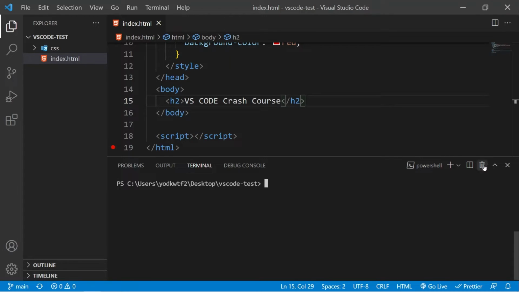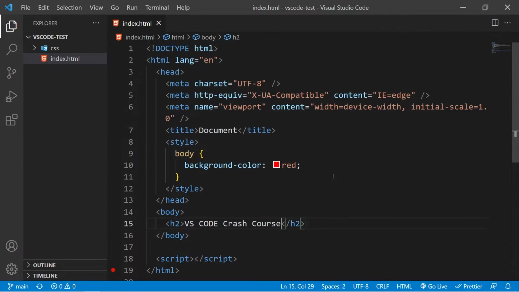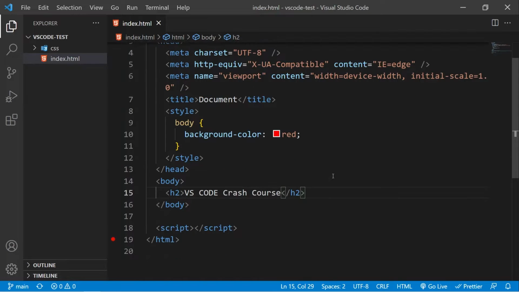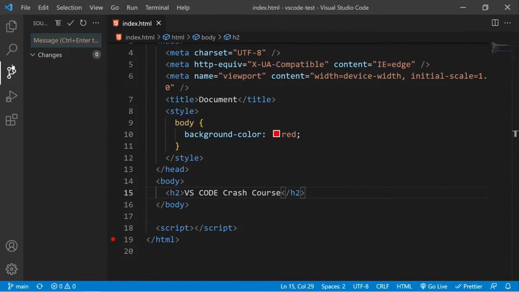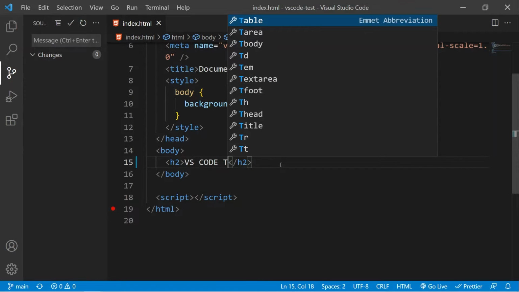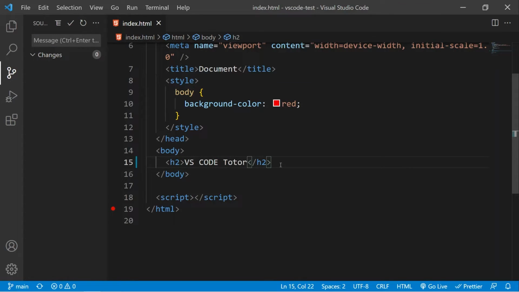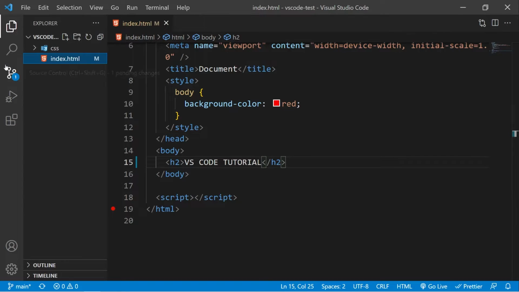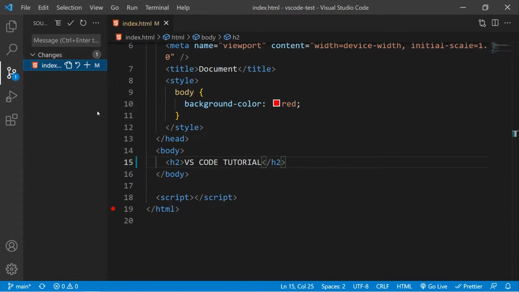So instead of using the terminal, let's just delete it. We have another shortcut in VS Code, and this thing right here, source control, that I showed you in the very first episode of this series. So now if I make a change, let's say I change it back to tutorial, not tutorial, it's Tutorial with a capital. So this source control tab, the third tab, keeps track of the changes, so the files that I have changed since I pushed to GitHub.